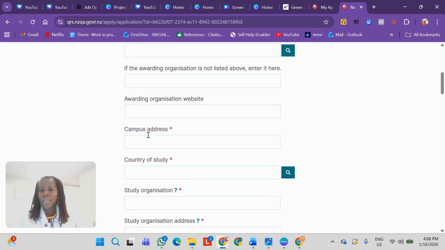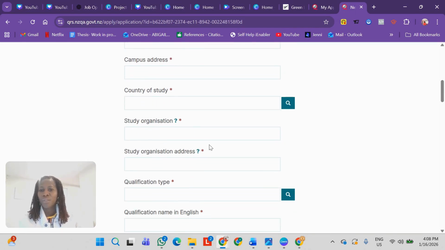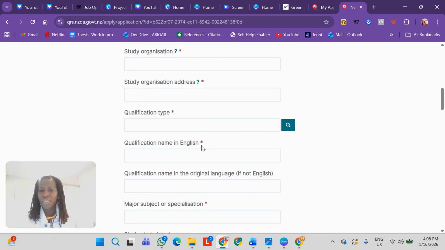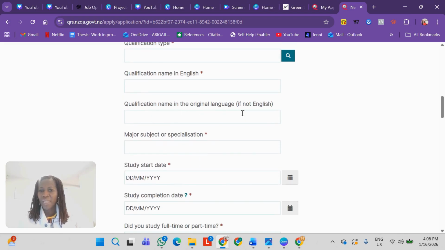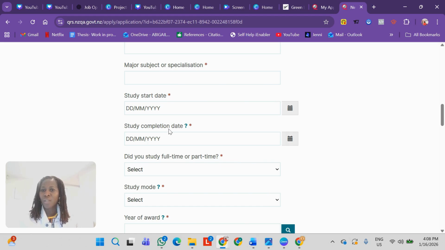It's all done. The campus address, the country of study, study organization, qualification, and qualification name in original language if it's not in English, your major or your subject or specialization, your start date, completion date, did you study full-time